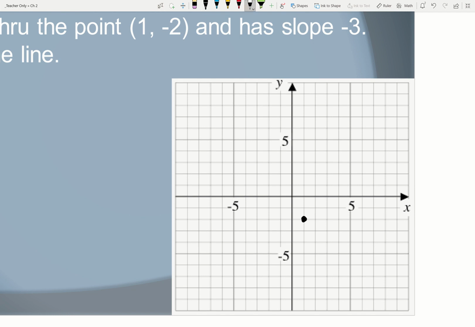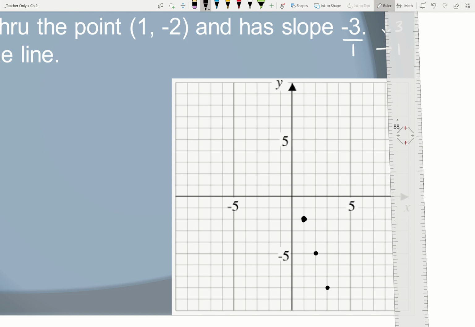And then I'm also given the slope, which, remember, if it's an integer, I can always write that over 1 to interpret that as a rise over run. And if I do that, then that might be an interpretation of for every 3 I fall, I run 1 to the right. So if I go from my point that I just plotted, I fall 3, and then I go 1 to the right, and maybe just keep that going, then I have this nice skeleton of points here,